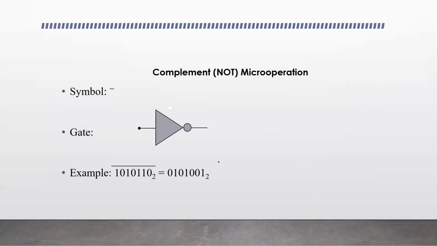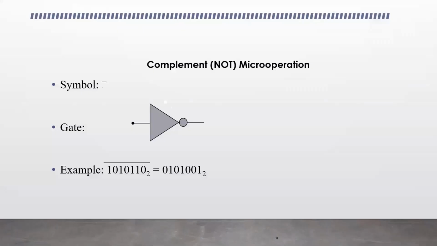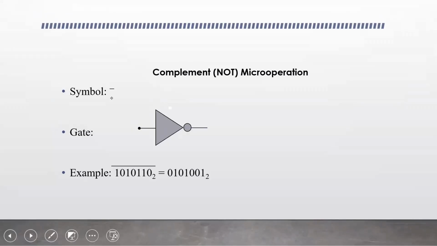The next operation we saw here in logic operations is complement. The symbol used is this, okay. The bar above the number, okay. The bar above the bits represents the complement operation. The gate used is this,